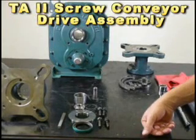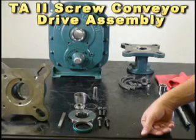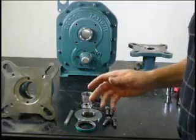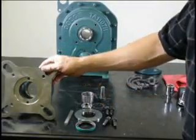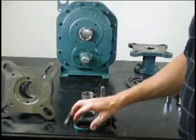Welcome to the Torque Arm 2 training series. Today we're going to show you how to properly install a screw conveyor adapter and drive shaft onto a Torque Arm 2 reducer. When you open your adapter kit, you're going to find the adapter, keeper plate, rubber lip seal,